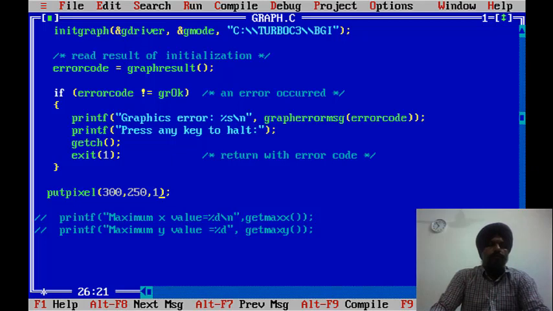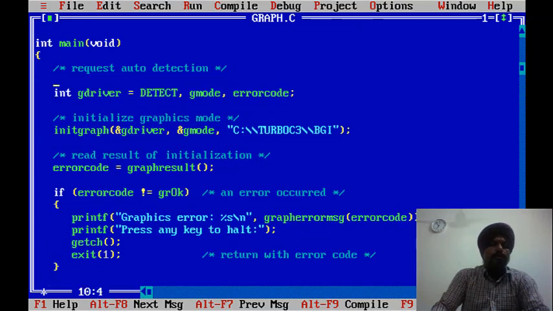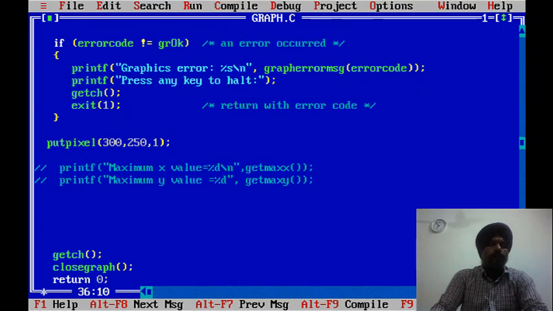To make it visible we have to use a loop. Using the loop we will draw the pixels along the x-axis, meaning our y value will remain the same, but the x-axis value will be incremented. For x up to 500, i plus plus.